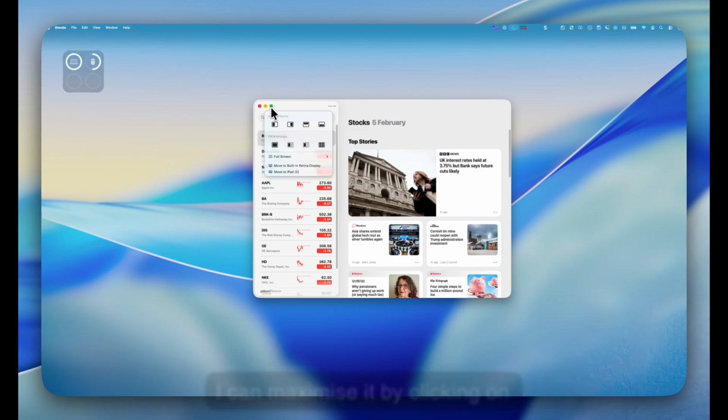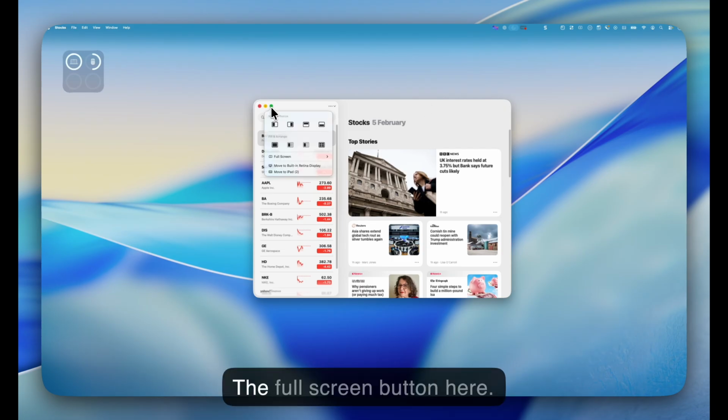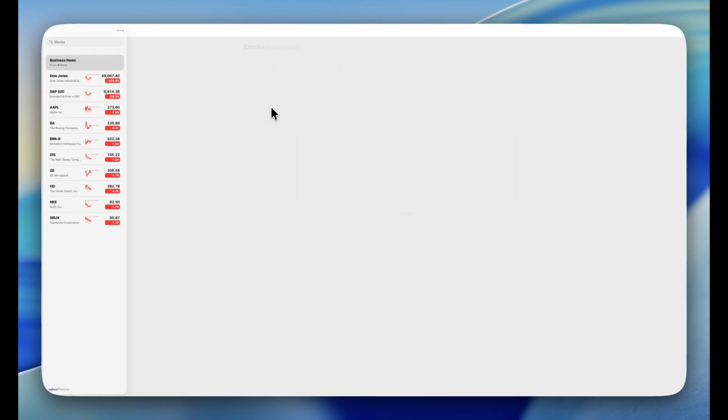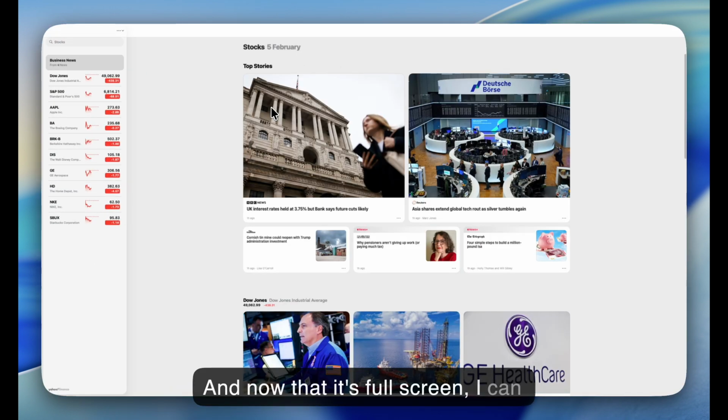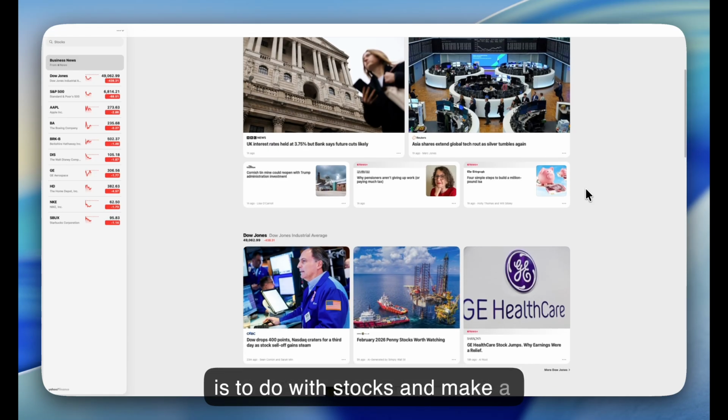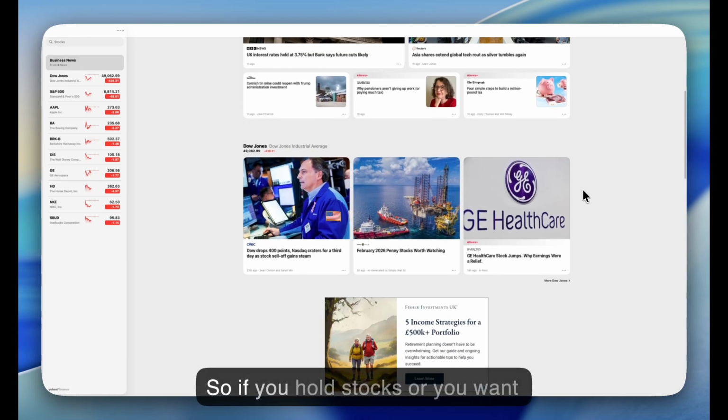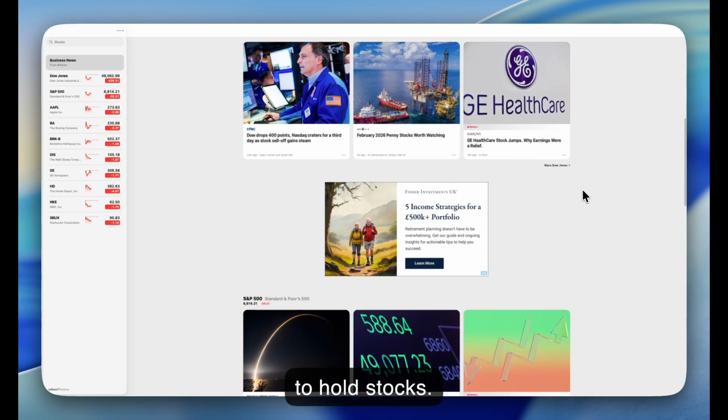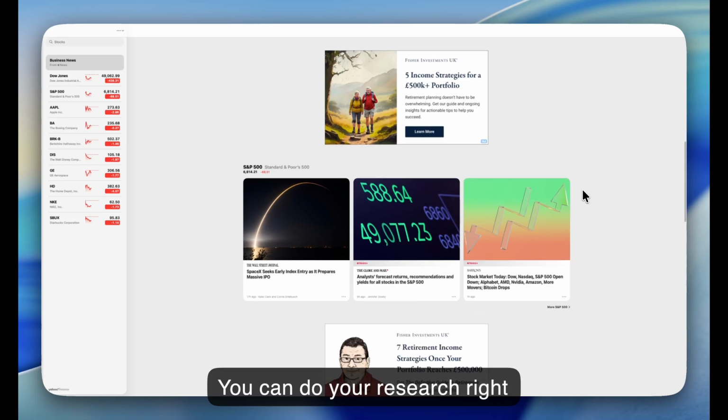You can maximize the screen by clicking on the full screen button. And now that it's full screen, I can go through and read everything that is to do with stocks and make a technical analysis. So if you hold stocks or you want to hold stocks, you can do your research